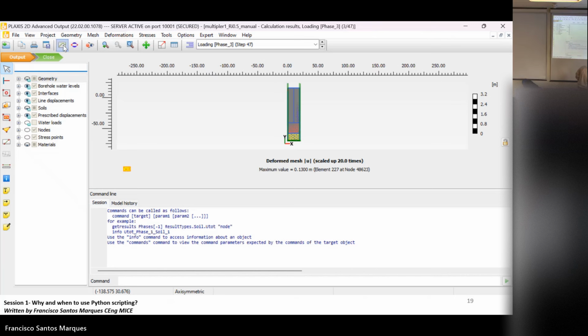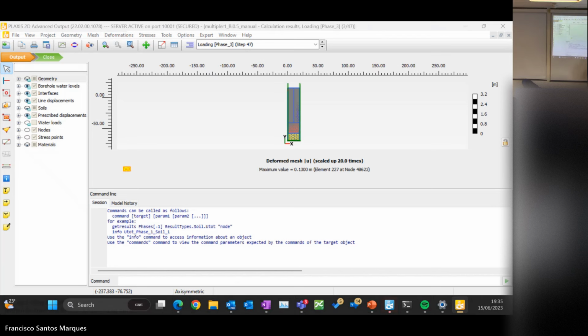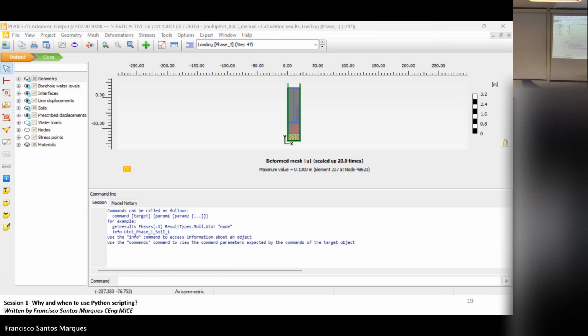Okay, so if I want to start the results, because it's here. Sorry guys, it's just popping up in different windows. Okay, so now I have to move here.